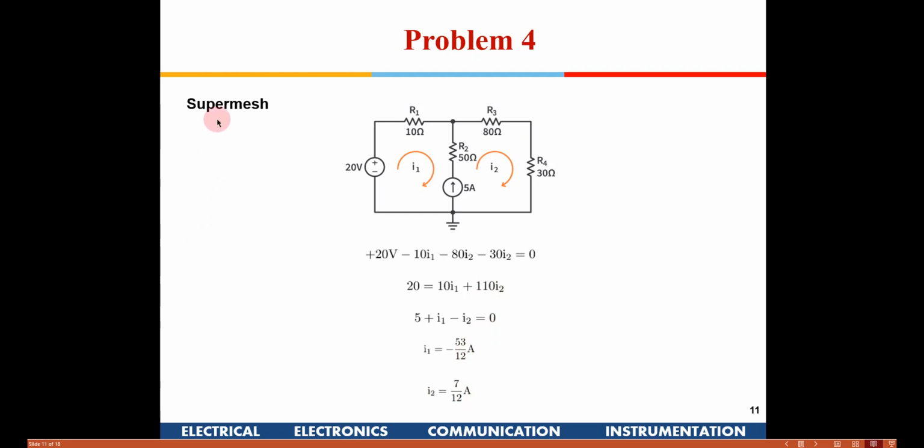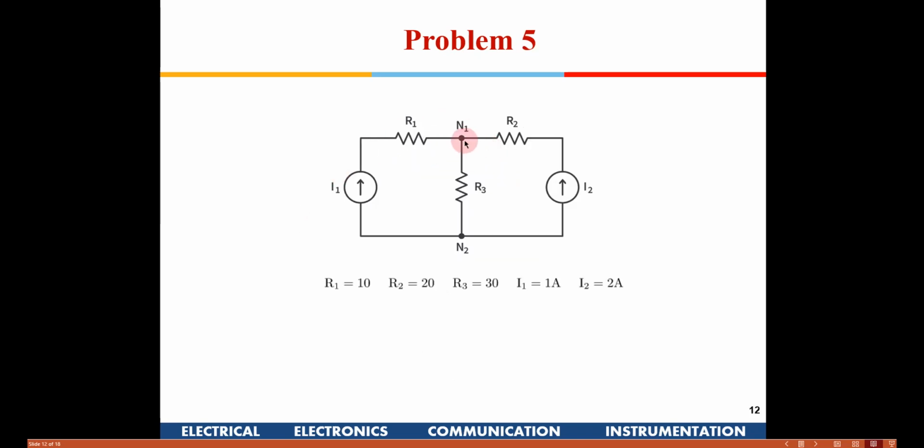This is known as super mesh. Super mesh is nothing but, when we are writing a KVL equation, if there is a current source in any of the branches, dependent or independent, we cannot use that mesh. So we need to bypass that and take a bigger mesh, and then equate the currents in the adjoining small meshes with the current which is given in the problem, so that we get the second equation, and then we solve that. So this is something known as super mesh. We need to do that for such kinds of problems.